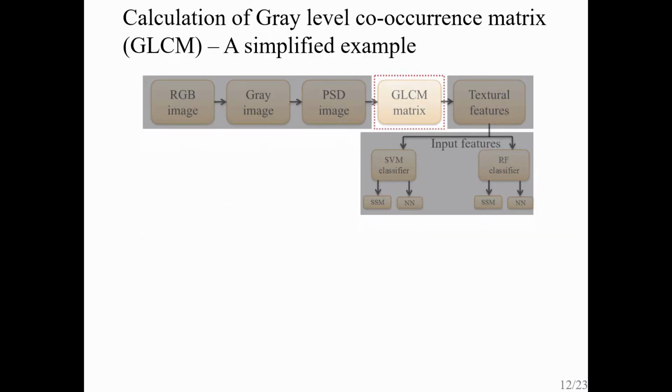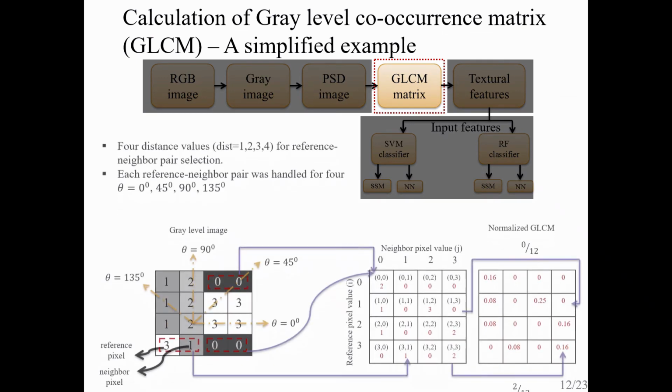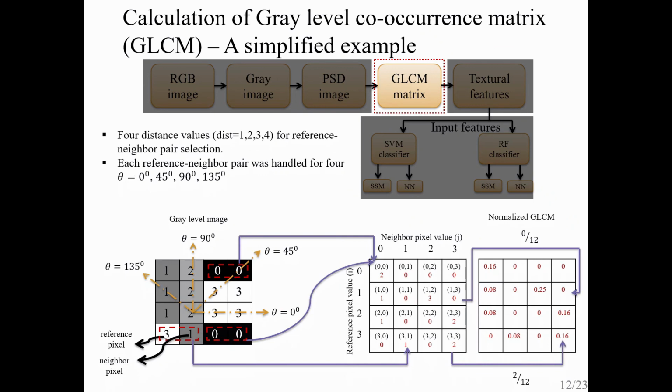Here's the co-occurrence matrix step. How can we calculate the co-occurrence matrix? Imagine we have a 4x4 gray level image. We can calculate the reference and neighbor pixel pair, and then we fill the empty matrix with counting the repeated